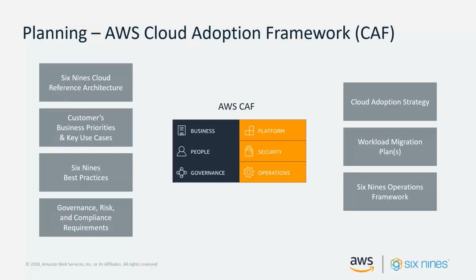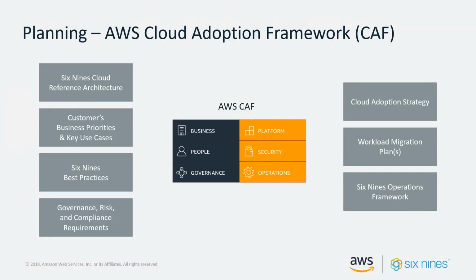We work with our customers to understand their business priorities and their key use cases. As you mentioned before, we have best practices along with leveraging Amazon's best practices. We also focus on governance, risk, and compliance requirements. Again, that compliance in this case would be healthcare, so HIPAA, HITRUST, PHI. The AWS Cloud Adoption Framework is central to this. We leverage the viewpoints of the CAF to focus on the business, people, governance, as well as platform, security and